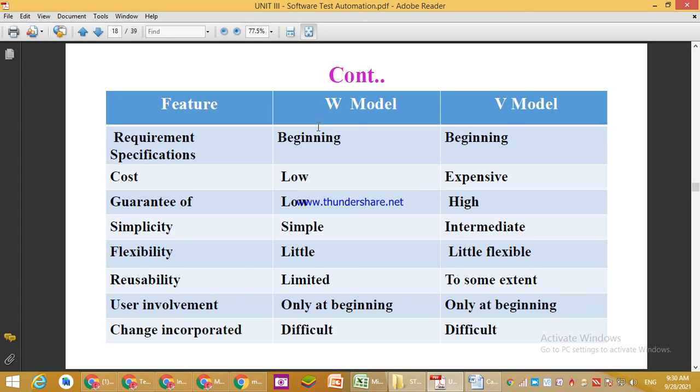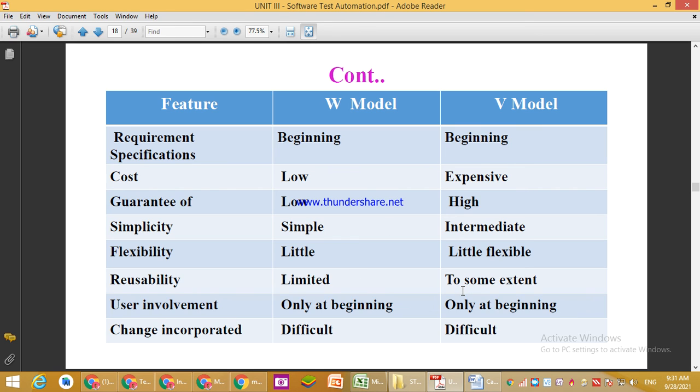Flexibility: both are a little flexible, we can modify things in W and also in V. Reusability: in W it is very limited, we cannot reuse the things we perform; in V we can reuse up to some extent.